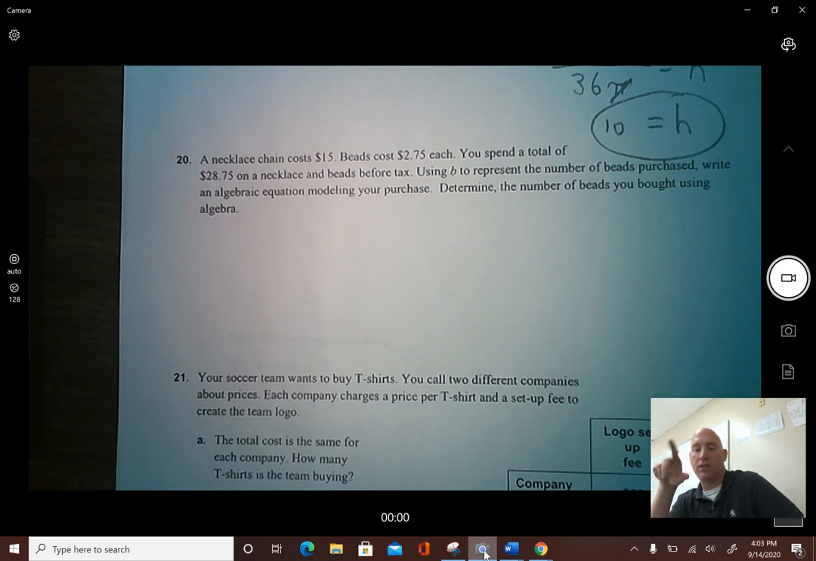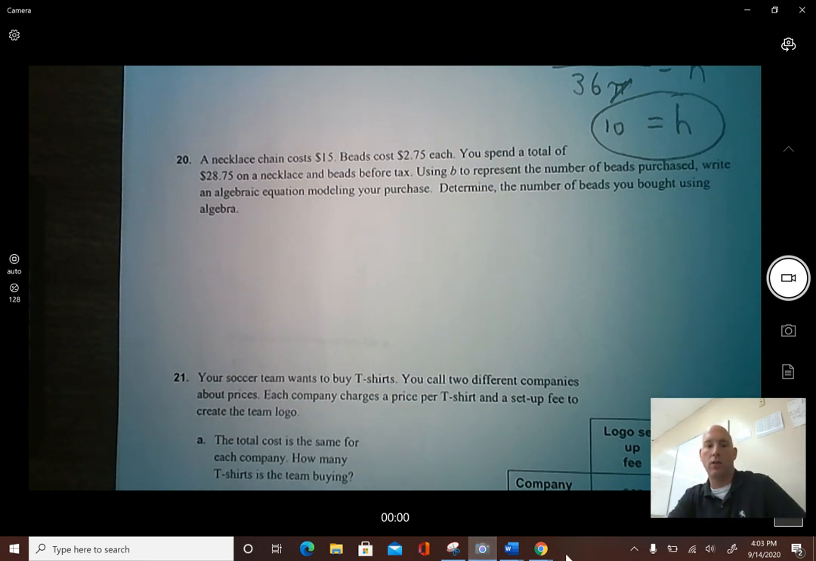Now notice it says using algebra. To get full credit on this, I have to see an equation and I have to see how you solve the equation. That's the whole point of this. I know there's another way to do it. You could easily do this. I spent $15 on